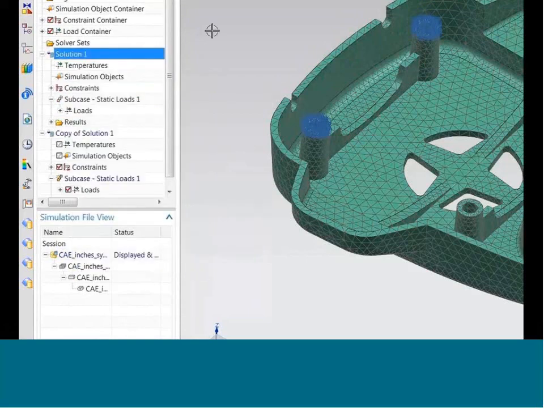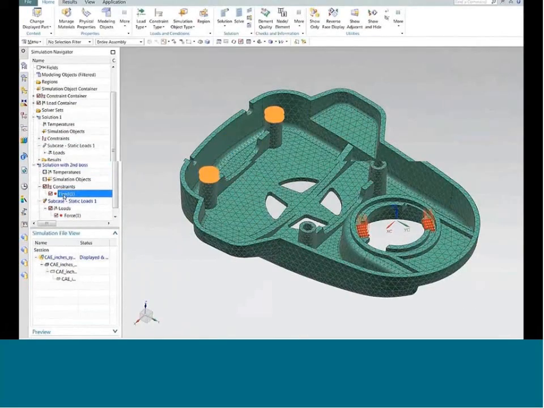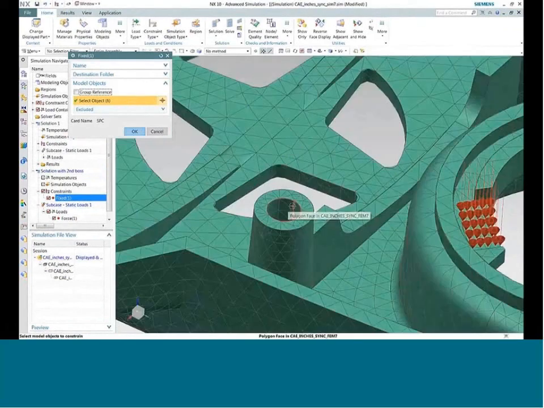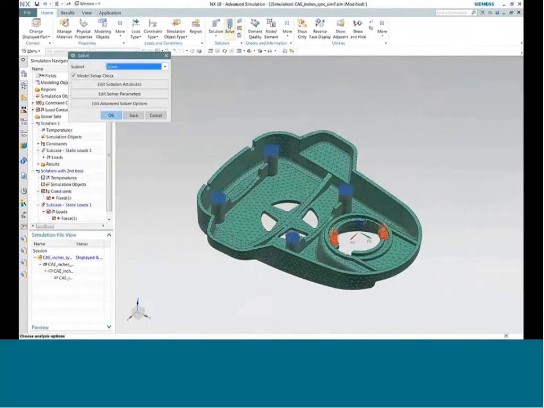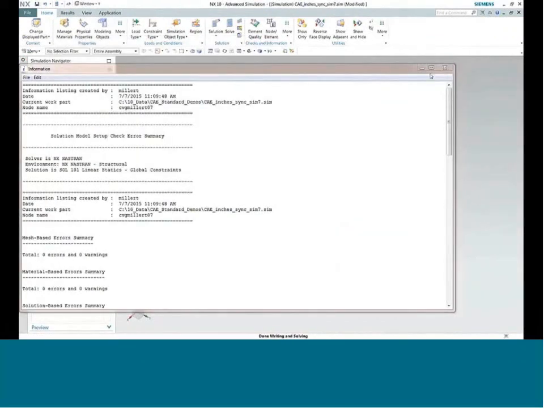So what I'll do now is create a copy of that simulation that I ran previously, because I want to keep that simulation in place so that I can refer back to the results later. And I'll call this solution with second boss. And because I copied that solution, my boundary conditions are still in place. I've got constraints and loads, but the other thing I want to do is add to that constraint set by fixing the same surfaces on the second set of bosses. So I'll do that, leave the loads in place, and tell NX to solve the model. Now that I've done that,